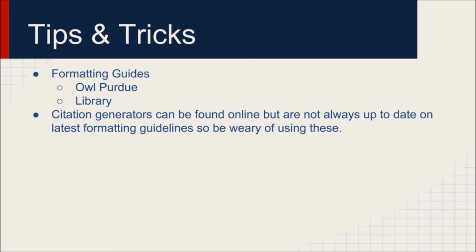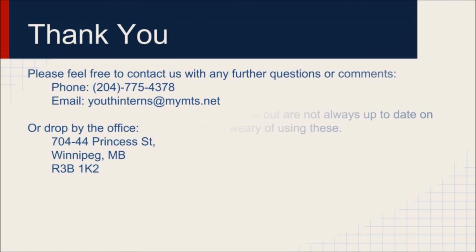And as I said earlier, citation generators can be found online, but are not always up to date on the newest guidelines, the newest rules on MLA or APA formatting. So instead of maybe using a generator, I would recommend maybe buying a book, because the formats change so often. Maybe buy a secondhand book, probably cost you $6 on MLA or APA or whatever format you're using, because I find that it usually really